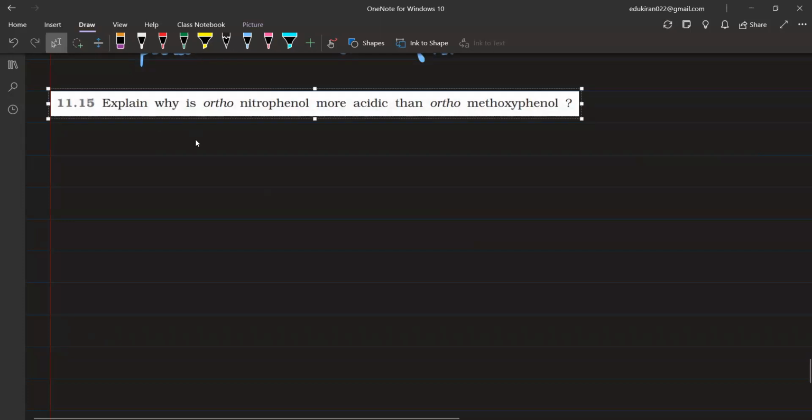Explain why orthonitrophenol is more acidic than orthomethoxyphenol. दो आंसर बताएंगे आपको हम, एक शरीफों वाला जवाब और एक बदमाश बच्चों वाला जवाब। दोनों आंसर बताते हैं हम।